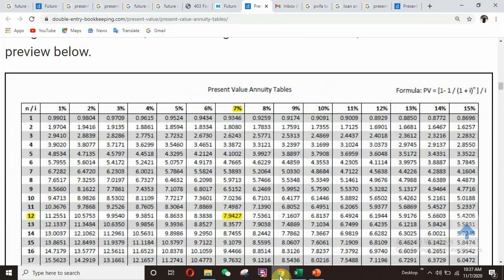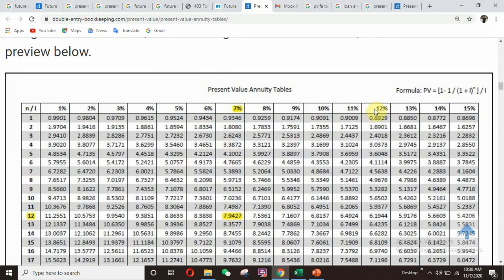You simply go to Google and search for the present value annuity table. From there we can find the value. On the horizontal side there is the interest rate, I, and on the vertical side is the time period, also known as N. In our case, the interest rate is 12% and the time period is 5.